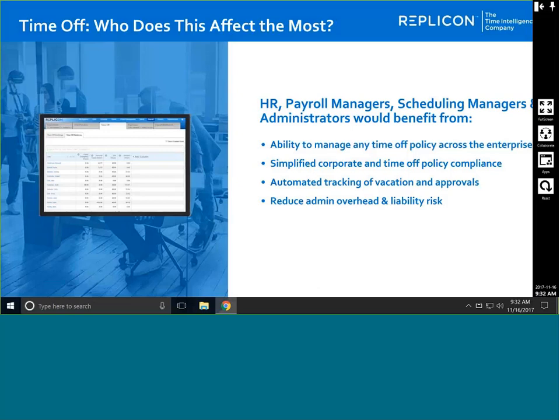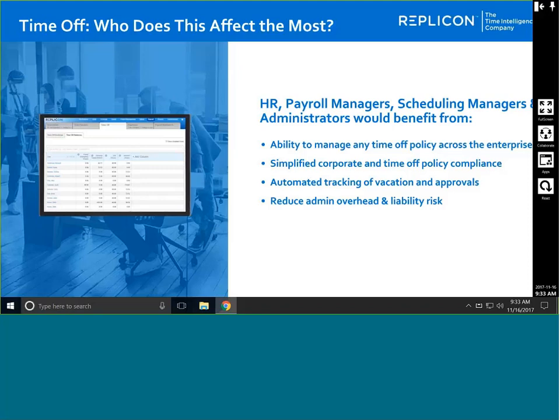Alice, wants to take vacation, so she reaches out to her HR manager. The HR manager looks into balances and policies, but realizes she needs to talk to the supervisor to see if Alice actually can take the time off based on their calendar. The supervisor has access to their calendar, but not access to the policies, so he goes back to the HR manager, and there's a lot of back and forth, and these are the parties that are typically involved in that process. And it takes a lot of time, and it can cause a lot of issues, as I'll go into.